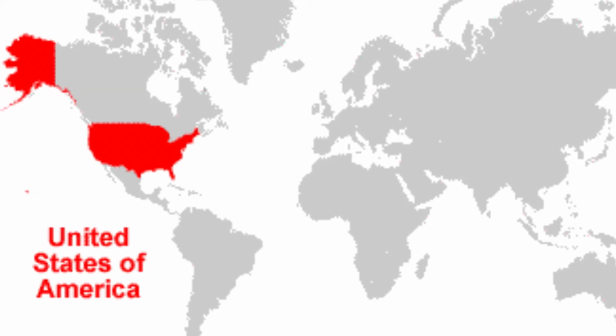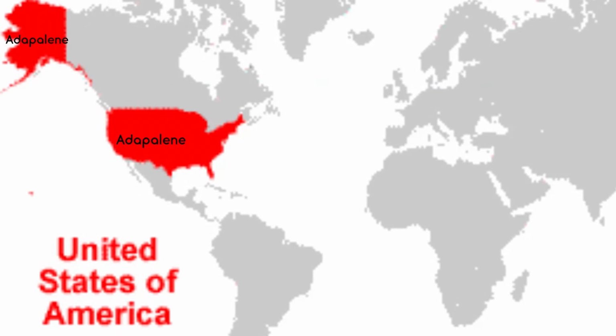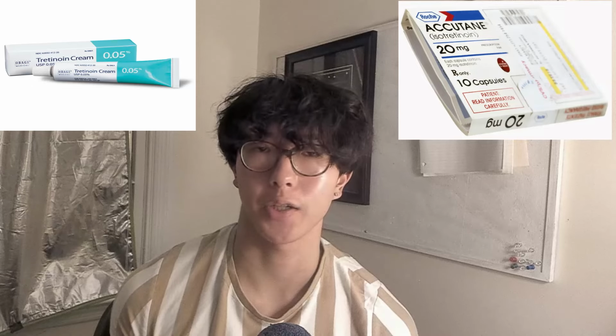Now do be aware that retinoids are quite difficult to get a hold of. In the United States, the only over-the-counter retinoid is adapalene gel from Differin. For any other retinoids like tretinoin or isotretinoin, you're gonna be needing a prescription. And this becomes more complicated in other countries, because in other countries you can't even get a retinoid over the counter, which is quite unfortunate. But don't worry, because there are more products out there that you can use to get